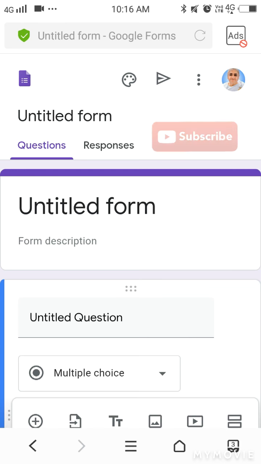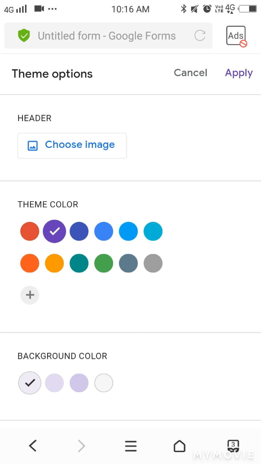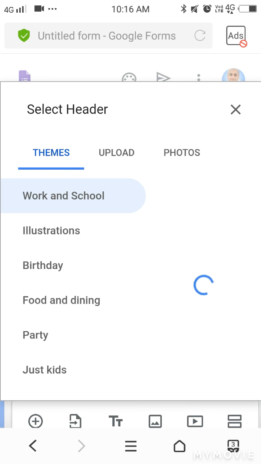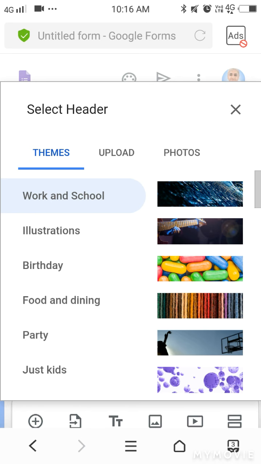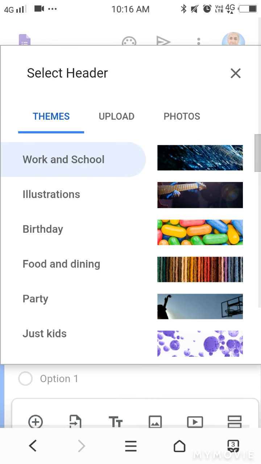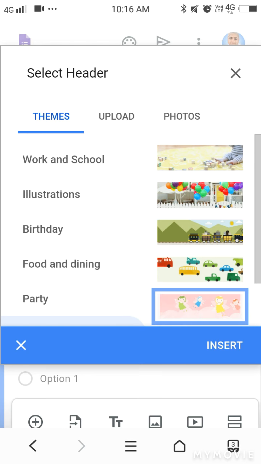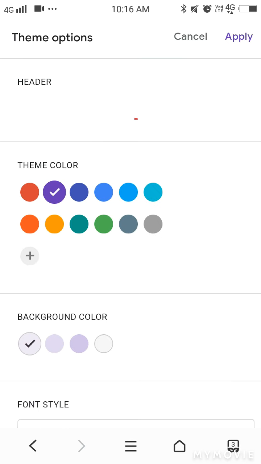from these themes. You can select any theme you want regarding which you are preparing your Google form. Suppose I am selecting this, insert, and you can select any theme color or background color from here.